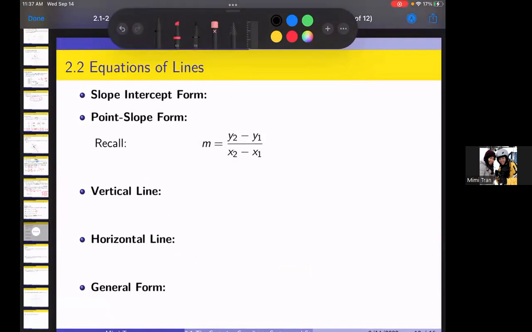Can someone give me the slope-intercept formula? Slope-intercept form. You guys learned this before. Y equals mx plus b. By the way, we talk about lines here. It's not like square or cube. The reason it's called slope-intercept, because